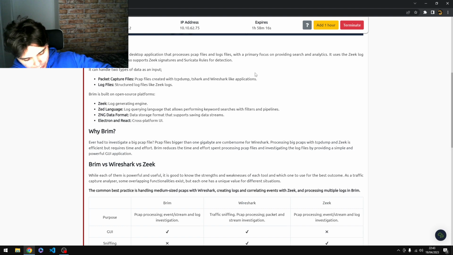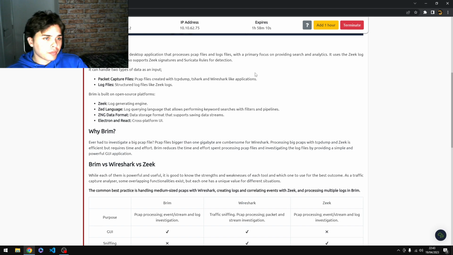Why Brim? Ever had to investigate a big PCAP file? PCAP files bigger than 1 GB are cumbersome for Wireshark. Processing big PCAPs with tcpdump and Zeek is efficient but requires time and effort. Brim reduces the time and effort spent processing PCAP files and investigating the log files by providing a simple and